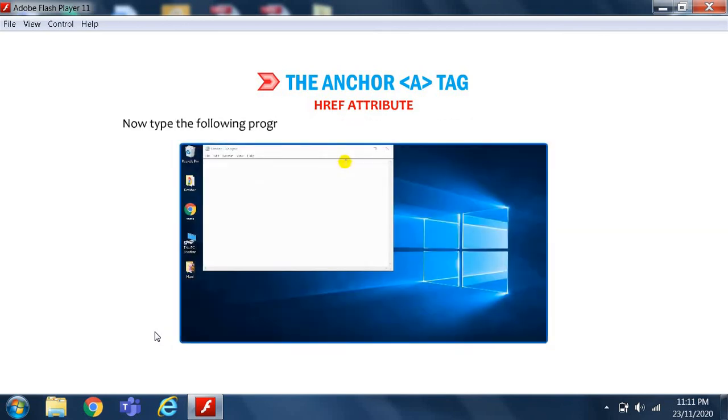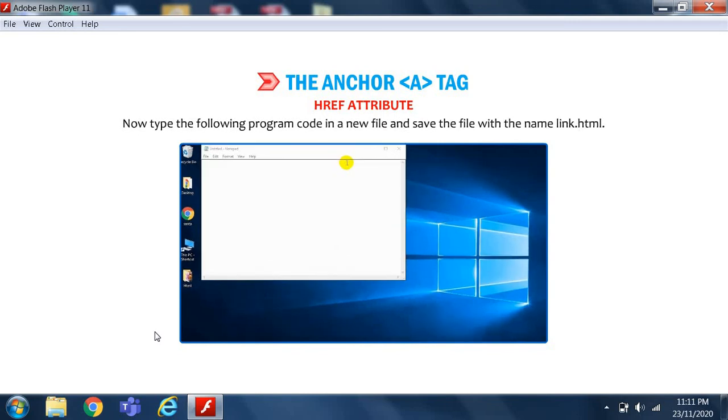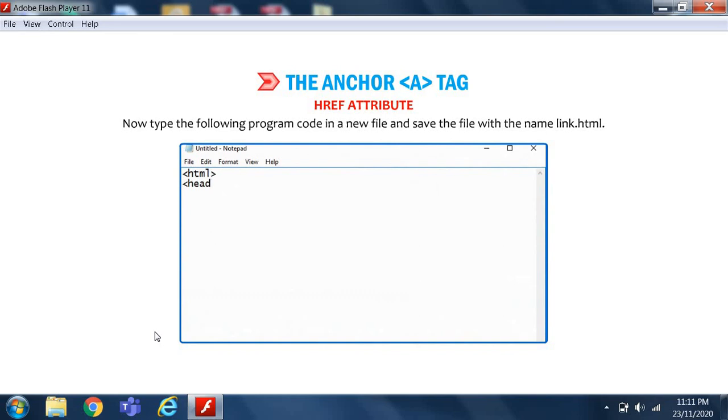Now type the following program code in a new file and save the file with the name link.html. <html><head><title>hyperlink example</title></head><body><a href="click.html">Click here</a></body></html>